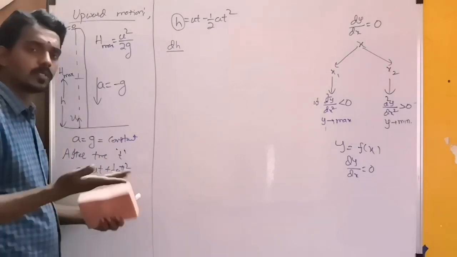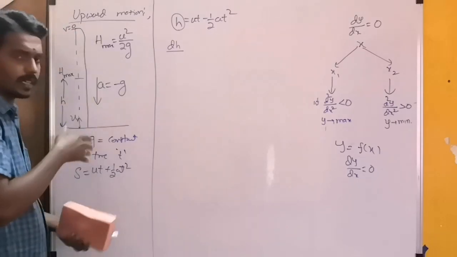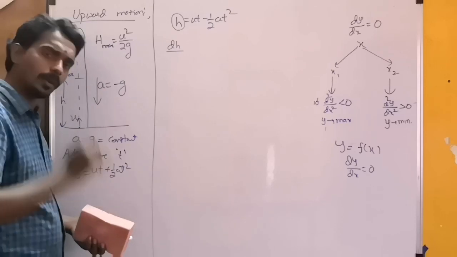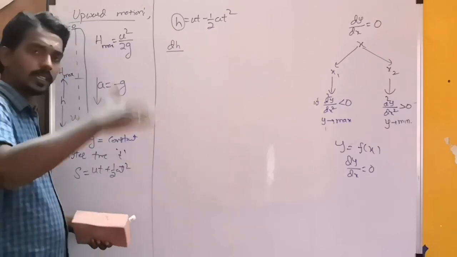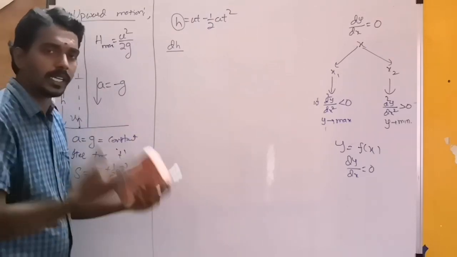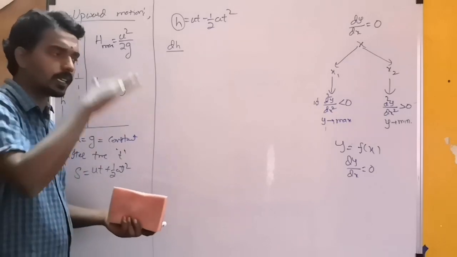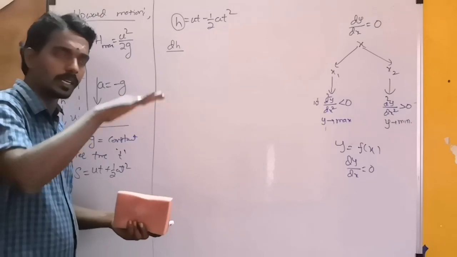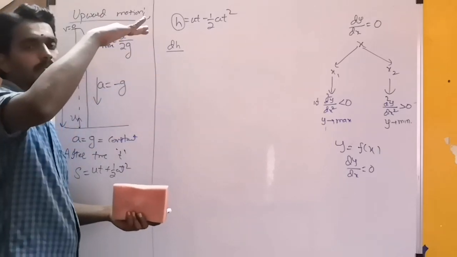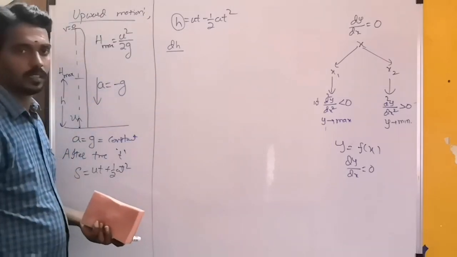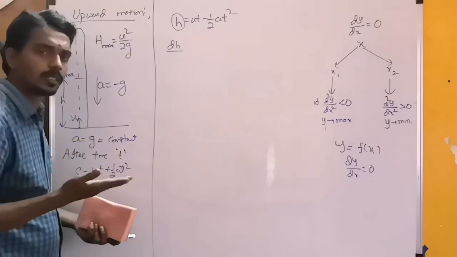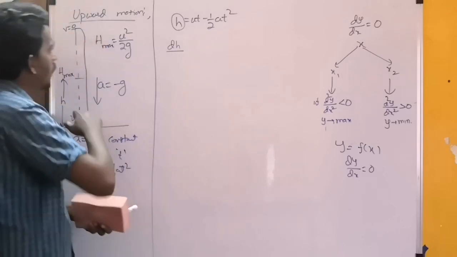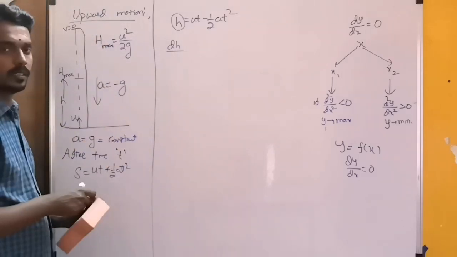Initially what is the height? 0. Finally what is the height? 0. So 0 is the minimum, starting from the minimum, then increasing. So the only possibility is that the height increases, and at one particular time it becomes maximum. Then again it decreases. So the minimum is known, 0, no need to find. The only unknown is the maximum height.